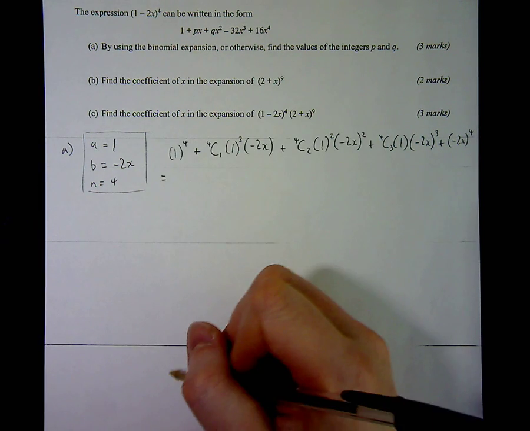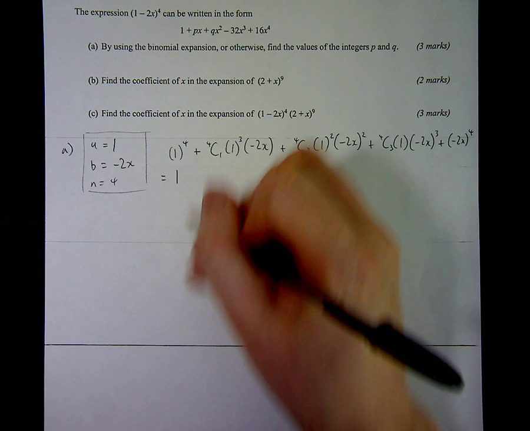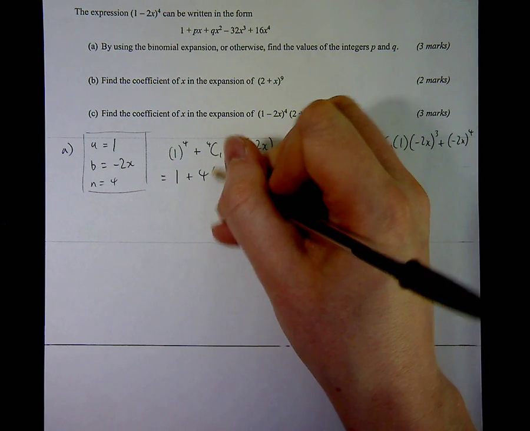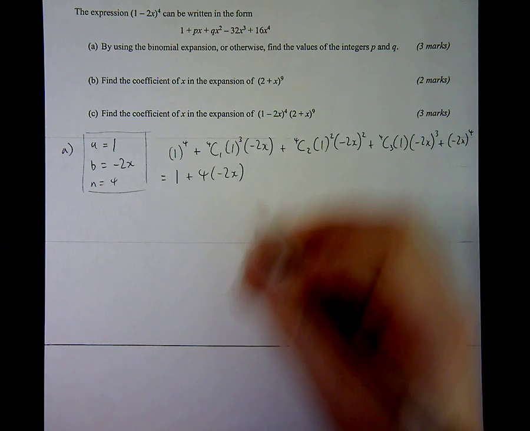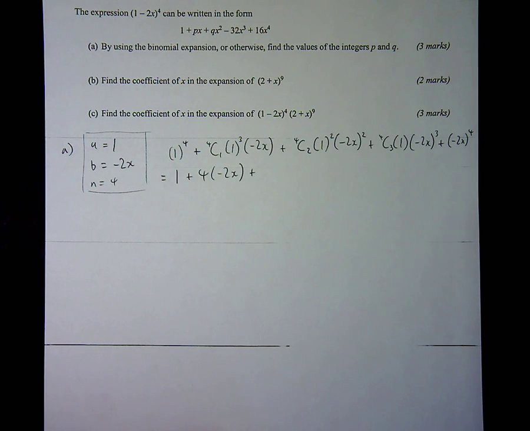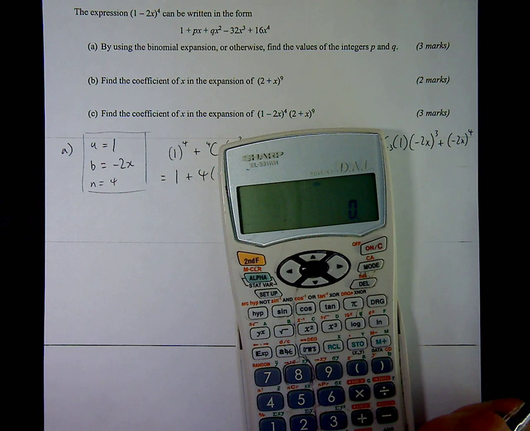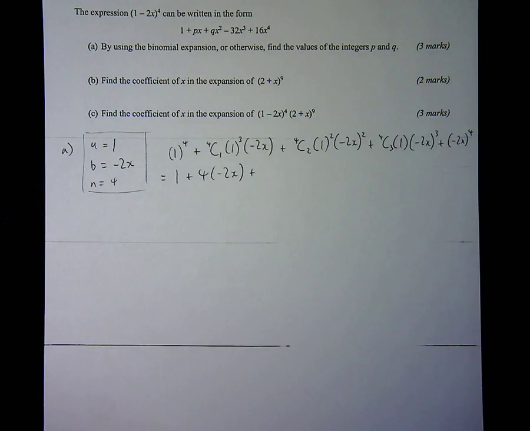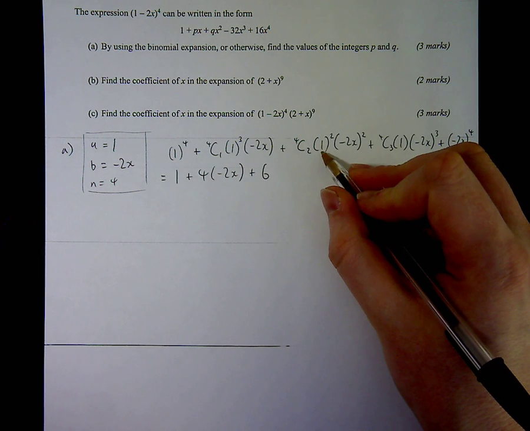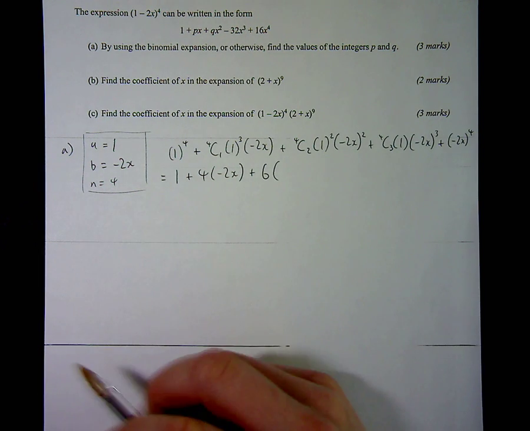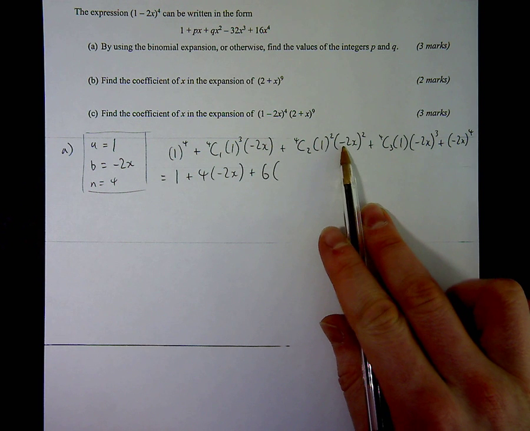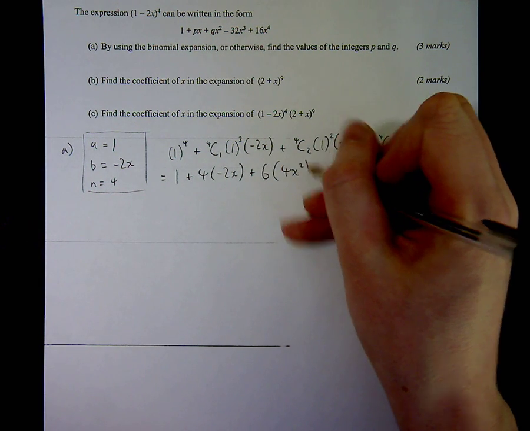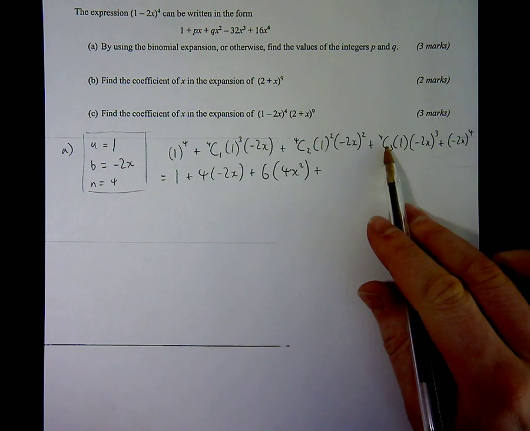Simplifying that down, I'm going to get 1 to the power 4 is just 1, 4 choose 1 is 4, multiplied by 1 cubed is 1, by negative 2x, plus 4 choose 2. If you don't know what 4 choose 2 is, you can just use your calculator, type it in, 4 choose 2, which is 6, so multiply 6 times 1 squared is just 1, multiplied by negative 2x squared. Be careful with the negative: when I square it, it's a negative times a negative, which is a positive, so 4x squared, plus 4 choose 3, again you can use your